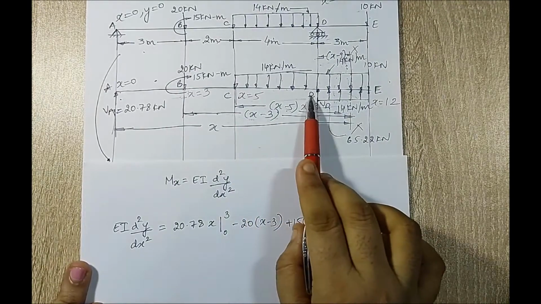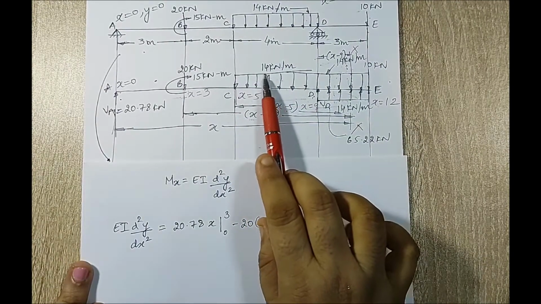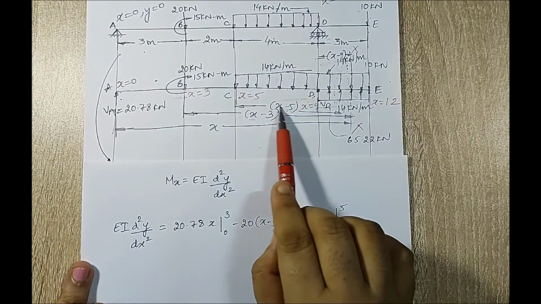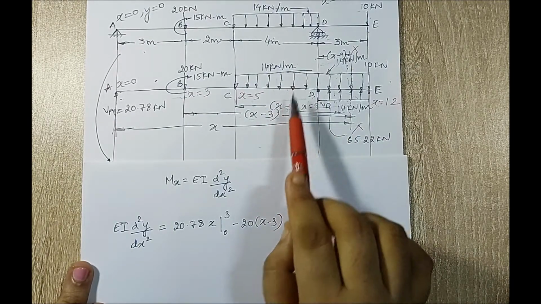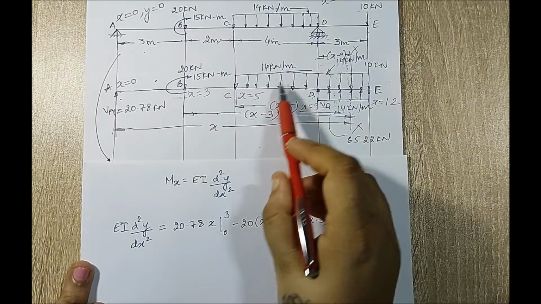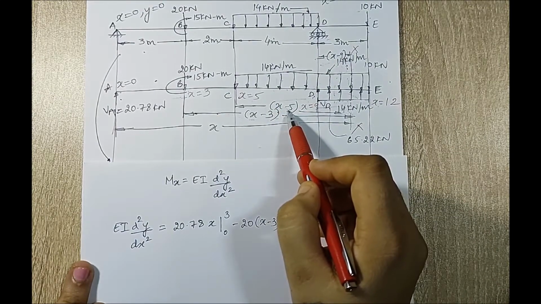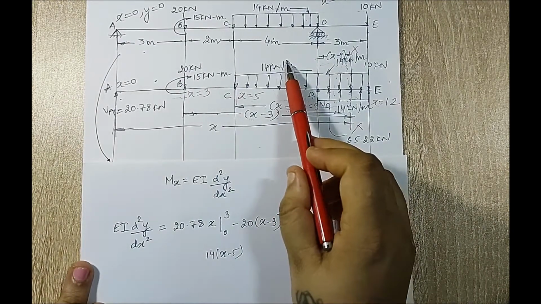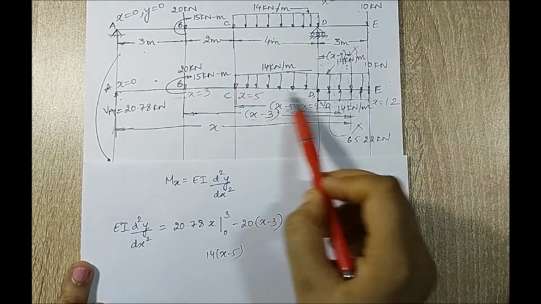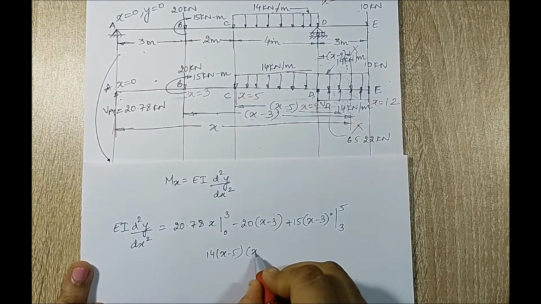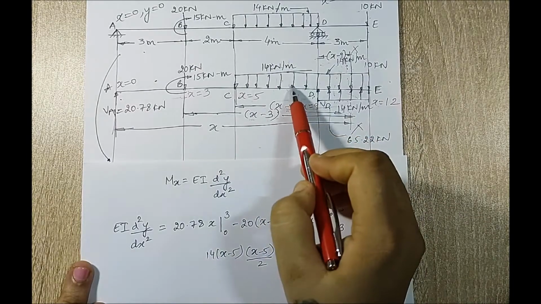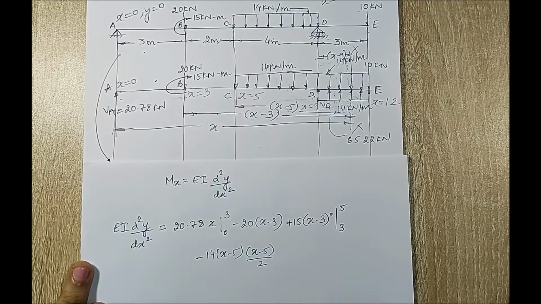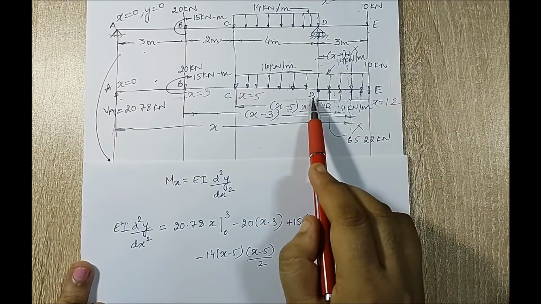Next I have UDL. This is something different. Now look very carefully. The value of intensity of load is 14 kilonewton per meter. So the distance from the section of 14 kilonewton per meter is x minus 5, and if I have to multiply these two to get the value of load, it will be 14 into x minus 5. Now when I place it over here, it will be at half of x minus 5. So the distance will be x minus 5 by 2. And when I place it over here, this will turn anti-clockwise towards the section. So I'll just add a negative sign. Now the domain of this is from 5 to 9.